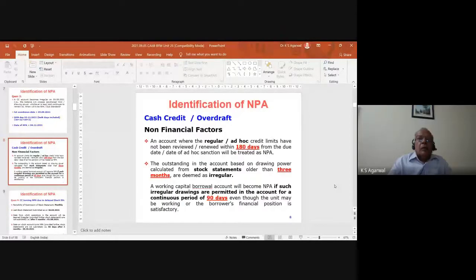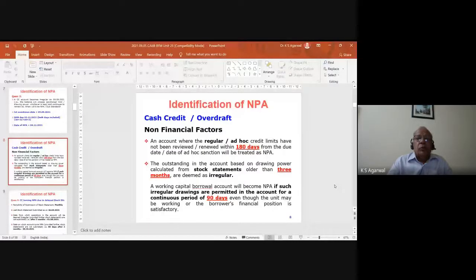Let me tell you. In case of term loan, if my installment is due today, then the first day of it being overdue will be 6th September tomorrow. And from tomorrow onward, 6th September, I will count 90 days. In case of CC, if my account exceeds drawing power today, then the first date of out of order is today itself. I will count 90 days from today itself, not tomorrow. That is the difference. Is it clear, sir? Yes, sir. Thank you.